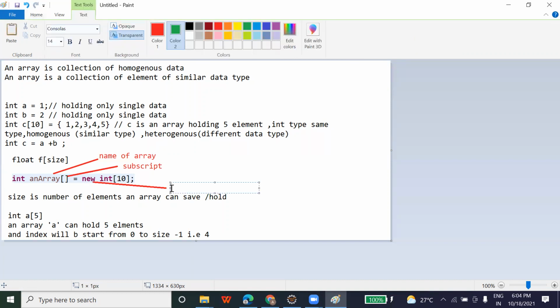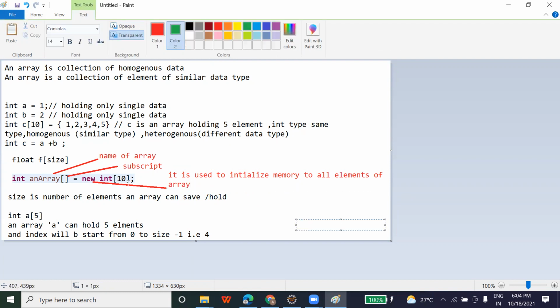This new keyword is used to initialize memory to all elements of an array. Suppose 5 elements are there, then it is going to provide memory to all the 5 elements.